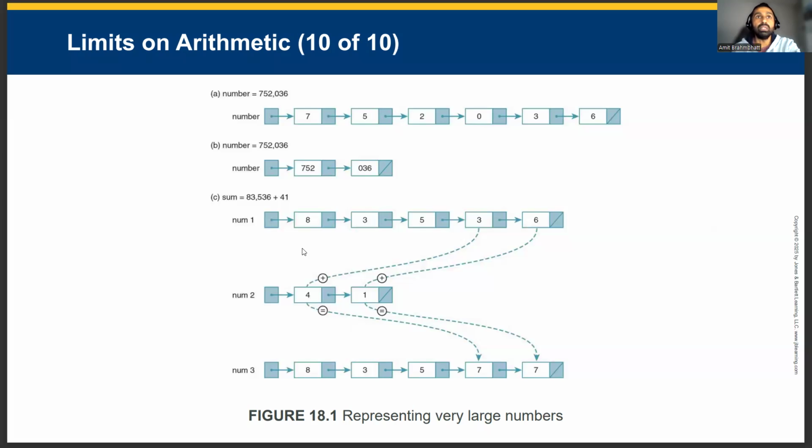If you were to add 83,536 to 41, basically you will be using the last two sections of that singly linked list to add to 1 and 4 and create a new singly linked list to show you the number 3. We can talk about it later in the student engagement sessions if required, but this is an important concept when you take any of these coding exams with any of the big tech companies.